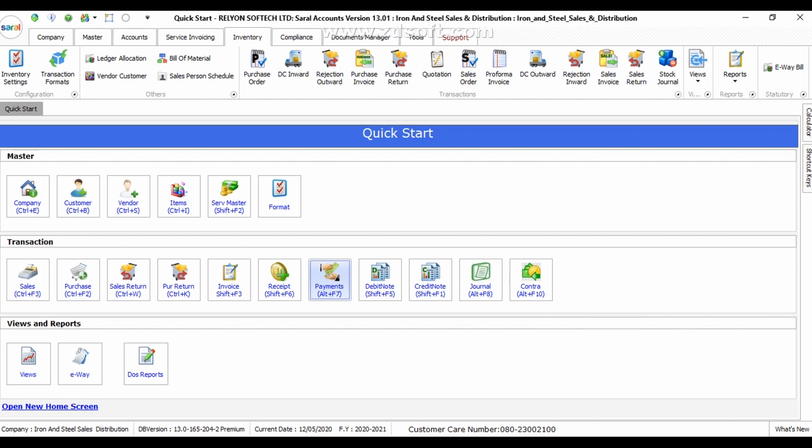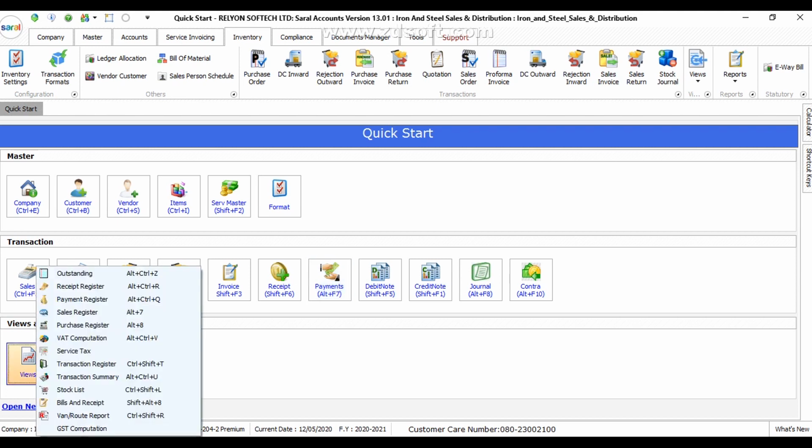Let's move on to the reports. Here there are different reports we have given. We will start from the outstanding report.